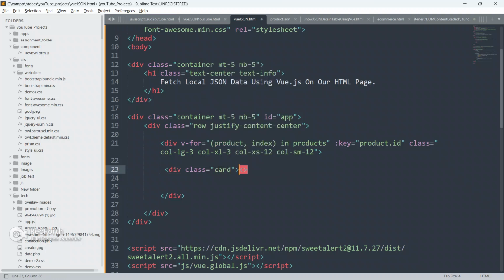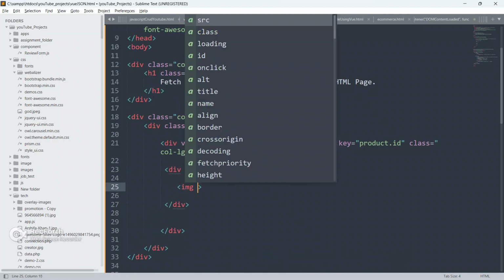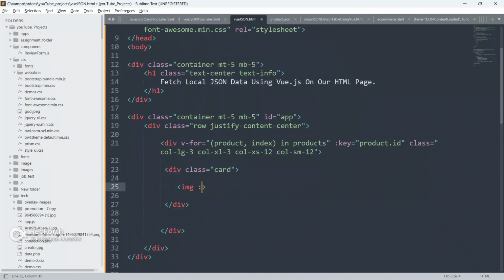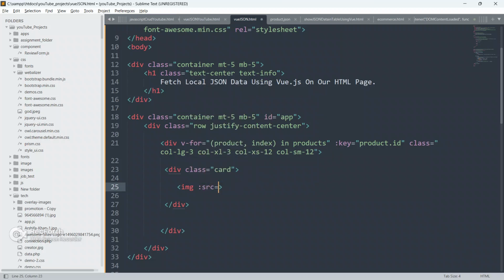So create another div, give it a class of card only. So give card, and close this div, and inside this div I'm going to create an img element. So img, and I'm going to do colon v-bind src. Okay, so src.